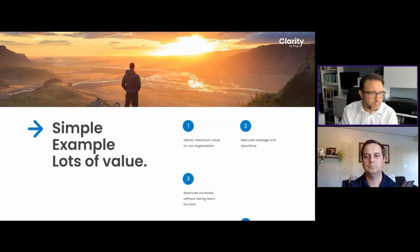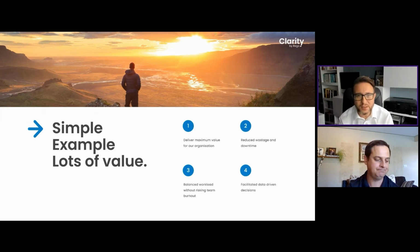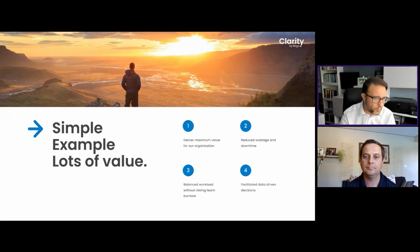Okay, so even though this was a simple example, hopefully that made sense to a lot of people. I'm hoping it did. But sometimes the most effective processes are the simplest ones. By focusing on some of the key principles, you can unlock a fairly significant amount of value for your organization. So if we break down the scenarios that we've just gone through,